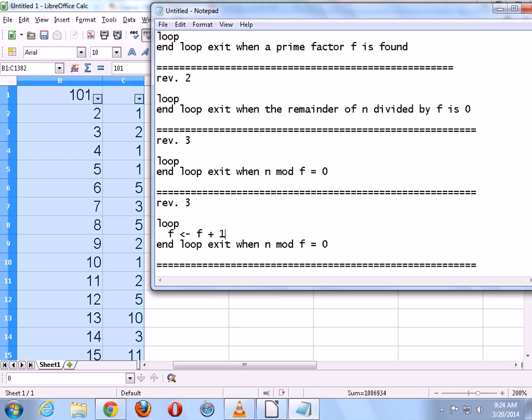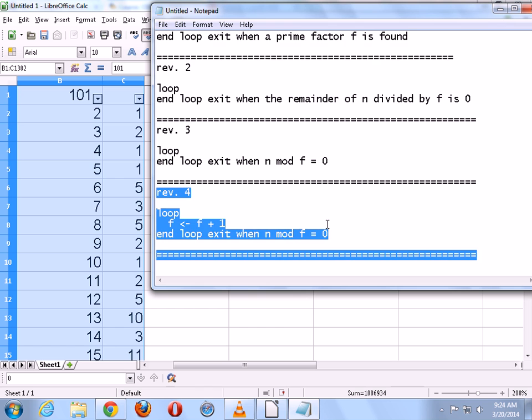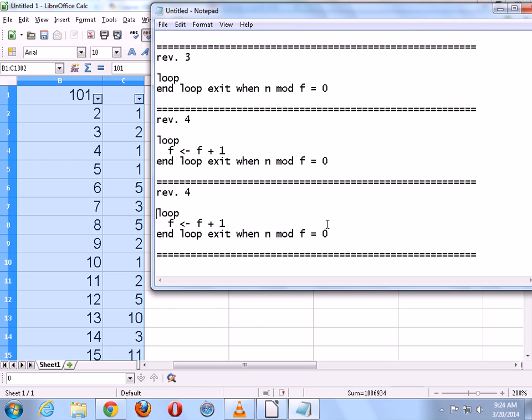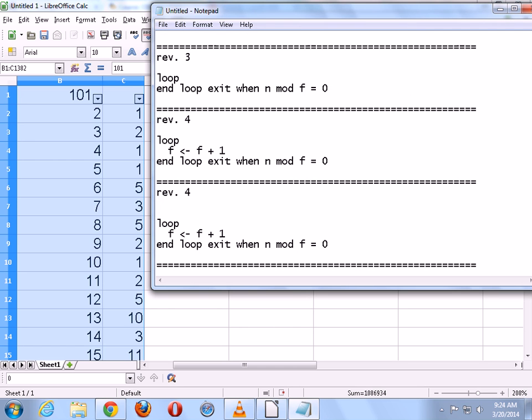More or less? Okay. There's one more thing that I need to specify, because I need to know what is the first value that I should try. In other words, how should I initialize f here? What is the first value of f? What is the smallest prime number? 2. 1 is not a prime number by definition. So the first one would be 2. Okay, so you're both correct. It is 2. So we'll specify here that the first value of f to be tested is 2.